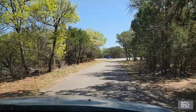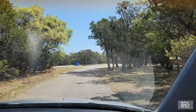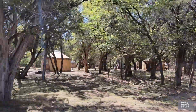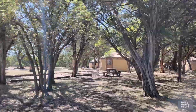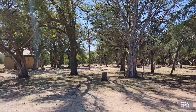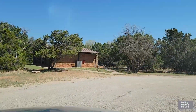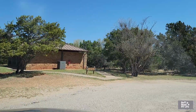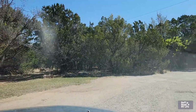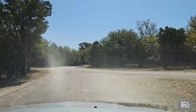And then we come out here to the Yurt area. Right there. I haven't seen anyone at the Yurts, but there they are. There's a bathroom over to our left, the shelter area. There's a shelter right there. Group Recreation Hall. And we head on around here. Next up will be